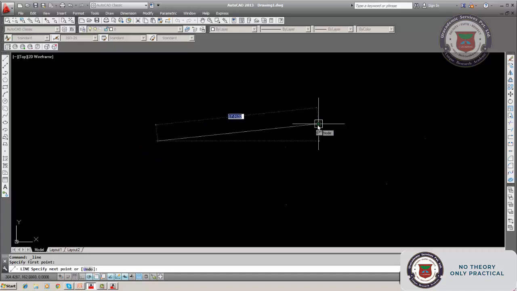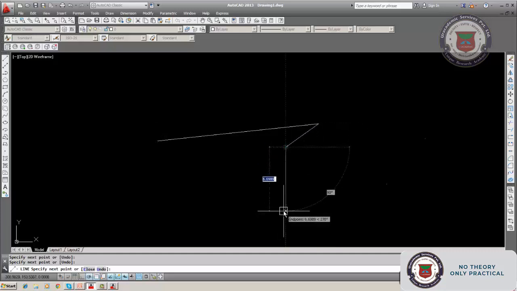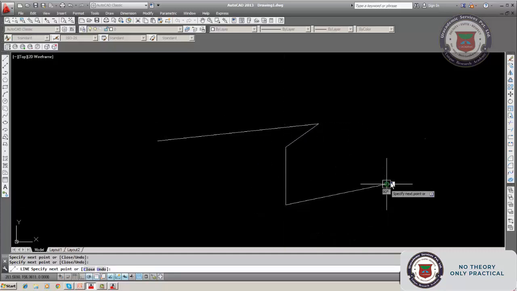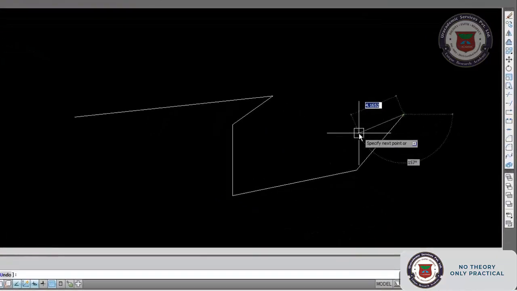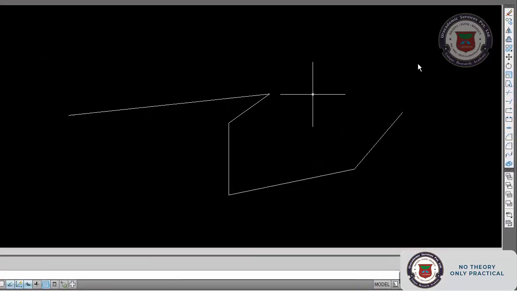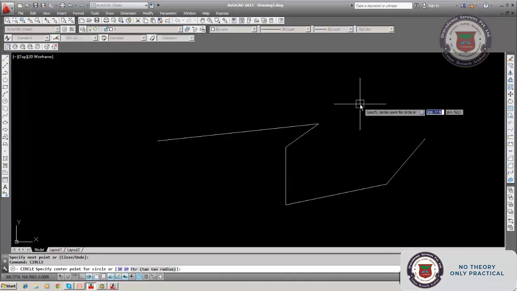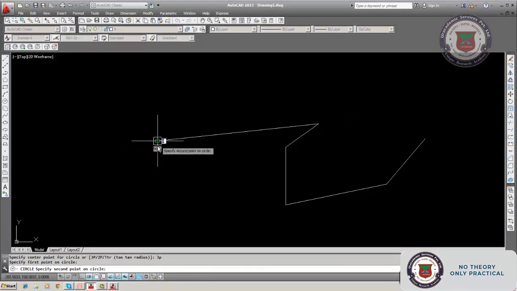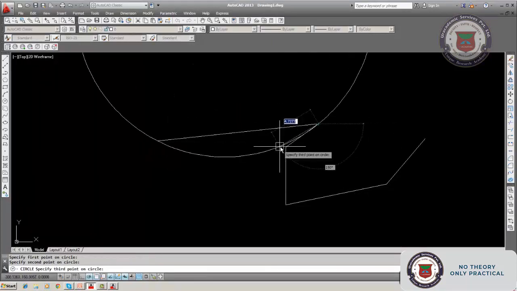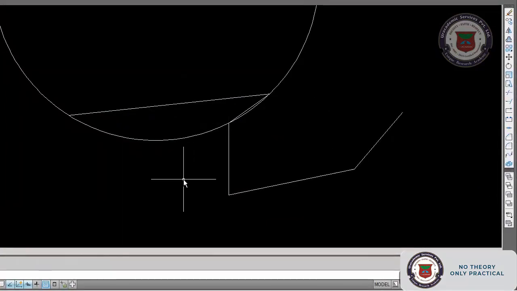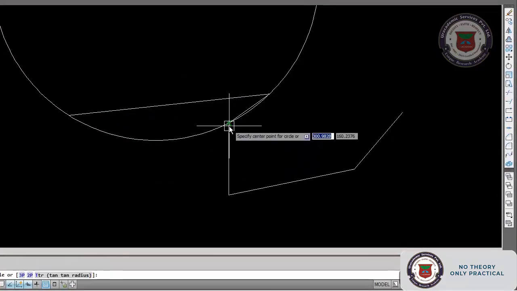At this point, it has properties, and its distance is 177 and 6 degrees. Click here, and then another point, another point, another point. Like that you can draw a line. Suppose we want to draw a circle. A circle can be drawn passing through 3 points. 3P. You can type one this, another this, and suppose another circle, because the points are there.